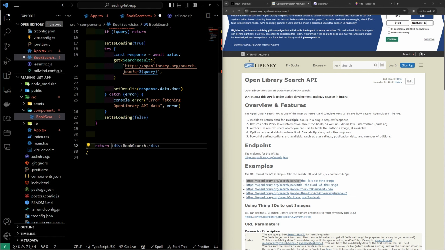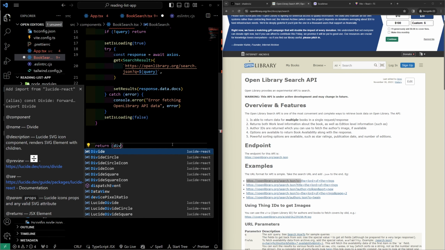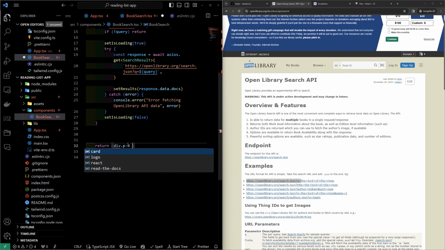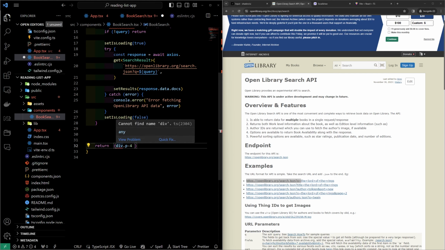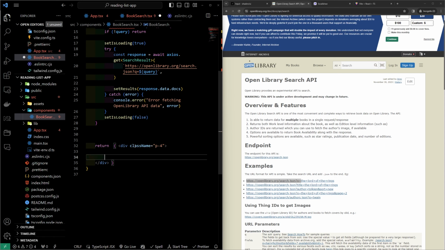So inside of this template, we're going to open up a div with a padding of 4. Let's try that again. Okay, there we go. Weird IntelliSense stuff. Now, inside this div, we're going to have our input and our button, which we actually need to import from